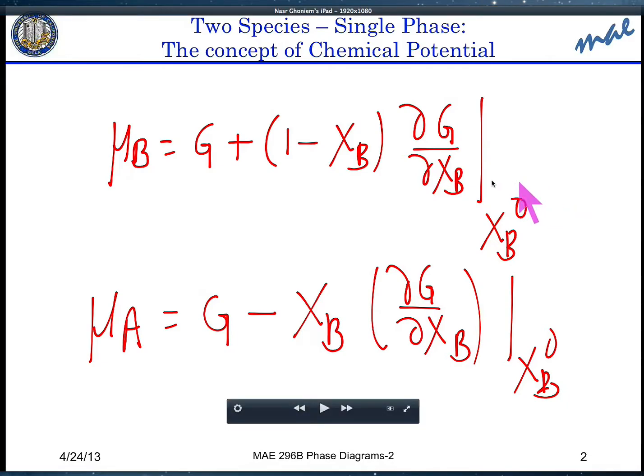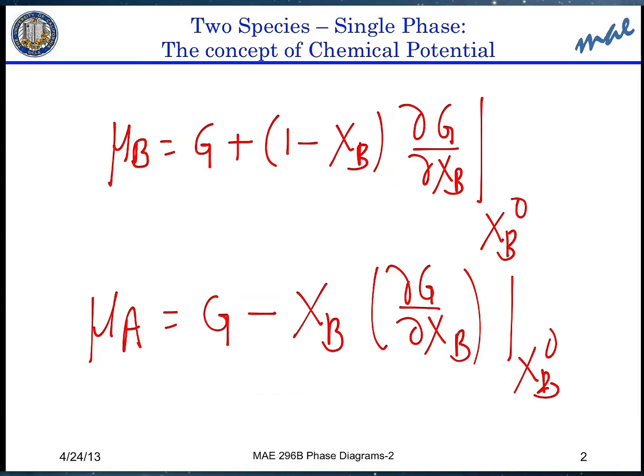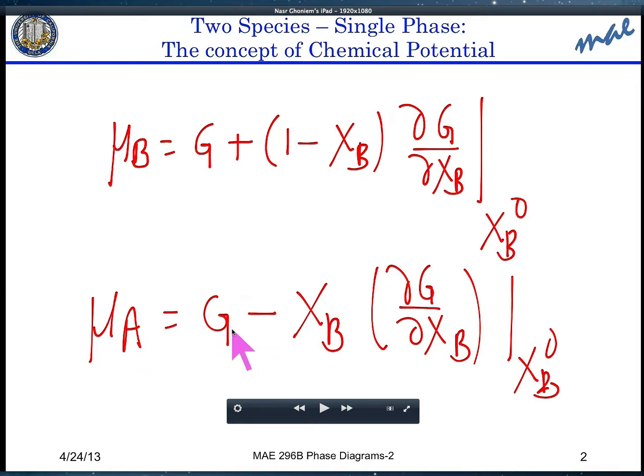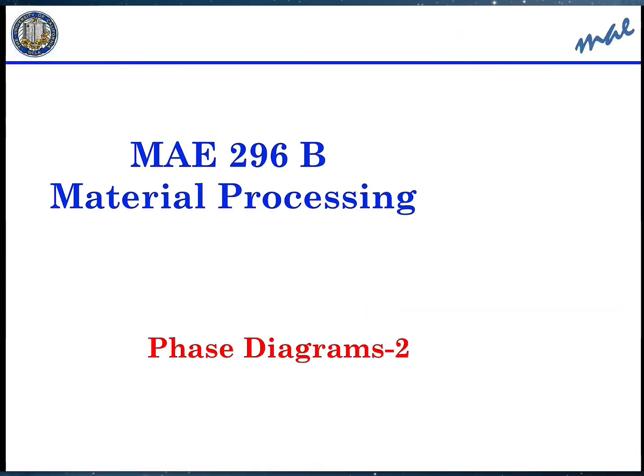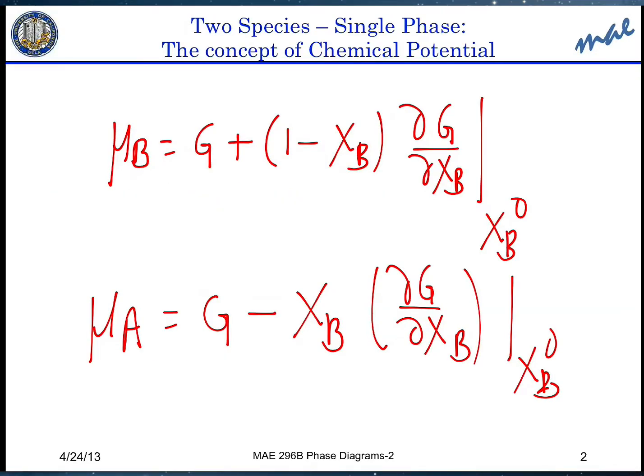So what do we note here? We note that we have the value of G, and then we have a little bit extra. A little bit extra is the slope times the run. The run is meaning this distance here. I'll show you on the graph. And again, we have here mu sub A is equal to G, and then you have the slope times the run, which gives you in terms of X sub B. So if we look back at the meaning of those on the previous slide, we will see that the